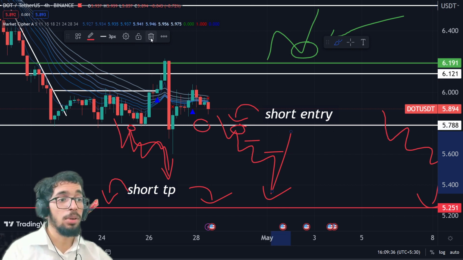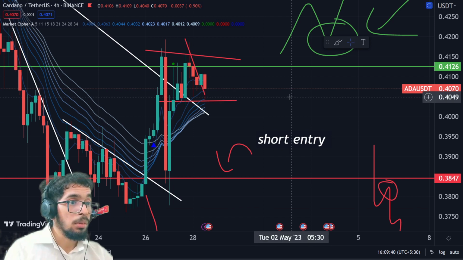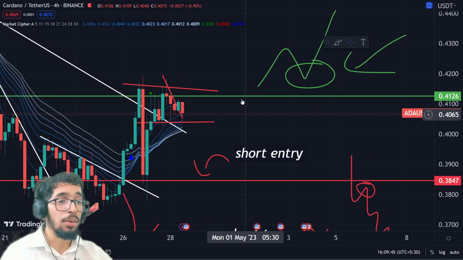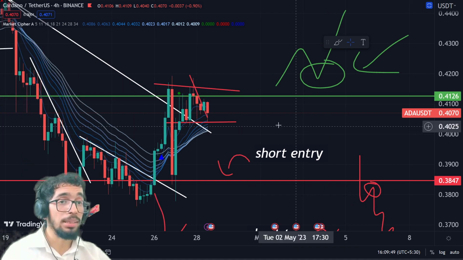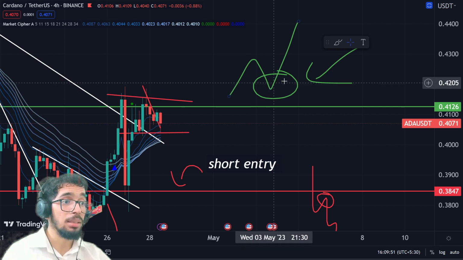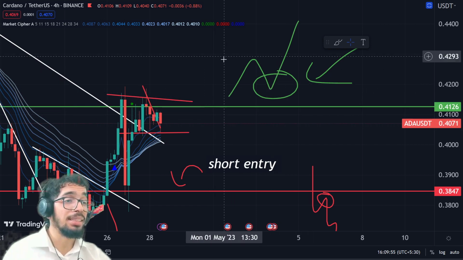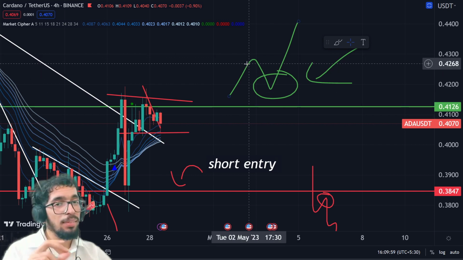Okay, so now let's talk about your next chart, which is your Cardano chart. Once Cardano breaks this key resistance around 0.41 cents and makes it as support, we enter all our longs. And even if Bitcoin breaks that key resistance, we are going to 32. So in all the altcoins also the money is going to flow,